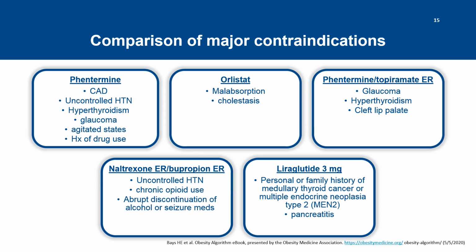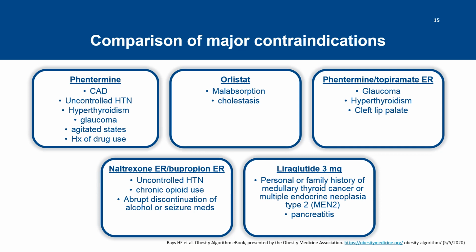And then in determining which medication as it compares to the patient history, we want to look at the major contraindications associated with each FDA approved drug. So, for instance, phentermine, you want to avoid in those with uncontrolled hypertension, orlistat, those who have issues with absorption, the phentermine and topiramate, avoiding in women of childbearing age or making sure that she's on 2 forms of birth